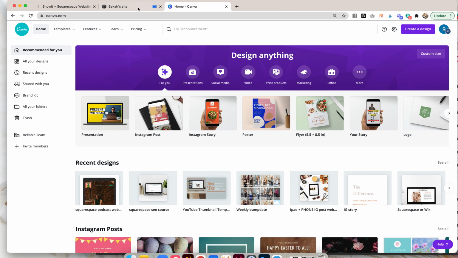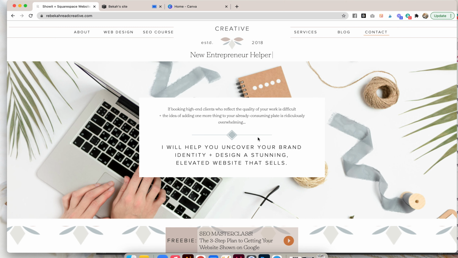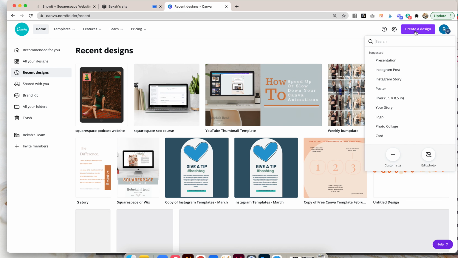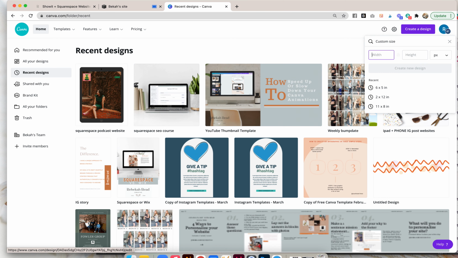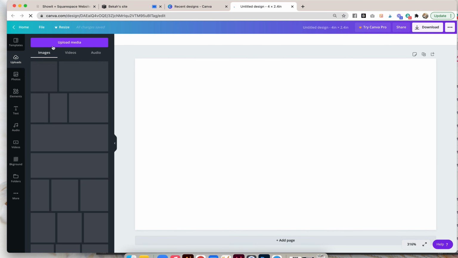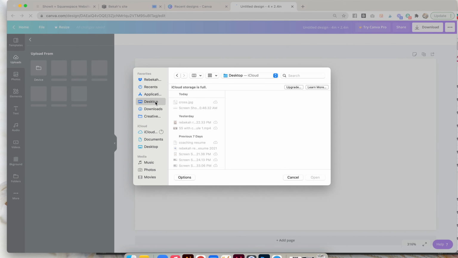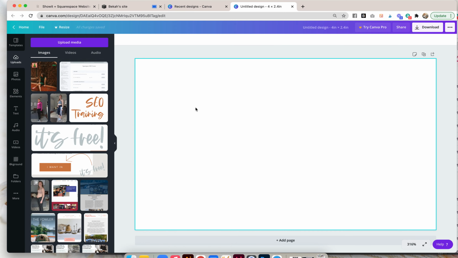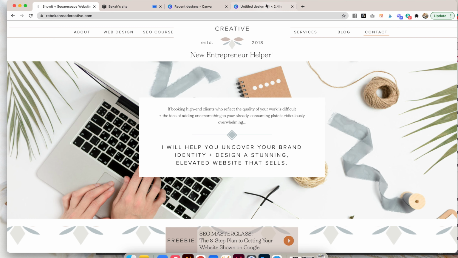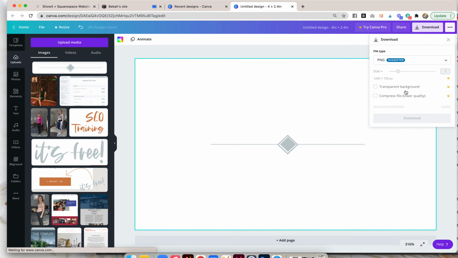Okay, so I'm going to screenshot this image, this little blue thing. And then I'll go into Canva, create a new design, custom size. That looked to be maybe, what would you say, 4 by 2.4. We'll go with it, right? Yeah, looks good. Then we need to put that little design in the middle. Right? And once that's uploaded, oops, I'm going to download it.